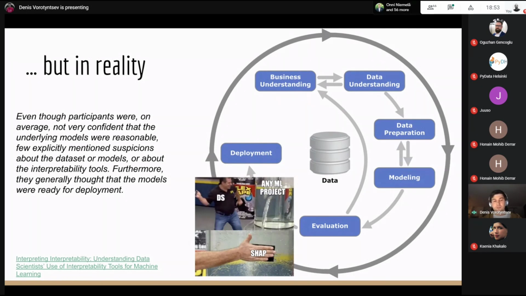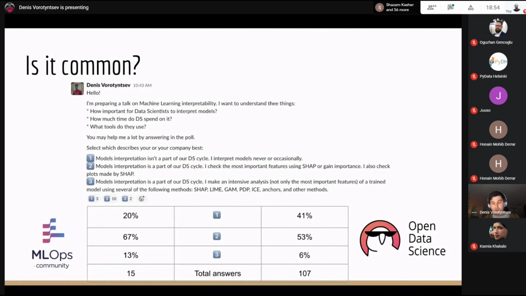This idea is actually taken from a paper on interpretability, in which the authors asked data scientists what decisions they are making based on the interpretation, and it turned out that no matter what interpretations are shown to the data scientists, they are willing to push machine learning to production no matter what. So to check if it's really a problem, because obviously it is a problem, but is it actually a real problem, or did I just talk with data scientists who are not very into this field?